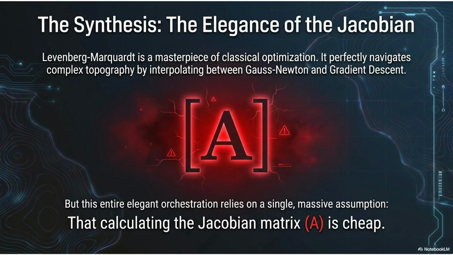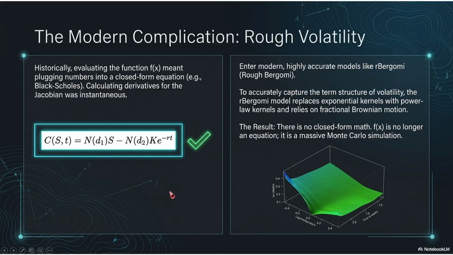This entire orchestration relies on one massive assumption, which is that calculating the Jacobian matrix, which is the matrix of derivatives, is computationally cheap. But of course, this brings us to the modern complication. Historically, with models like the Black-Scholes, calculating those derivatives was instantaneous because you just plug the numbers into a closed form equation. But with modern, highly accurate frameworks like the rough Bergomi model,